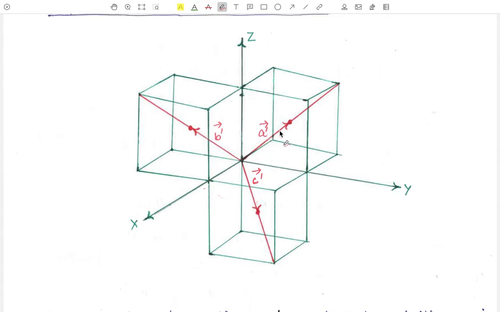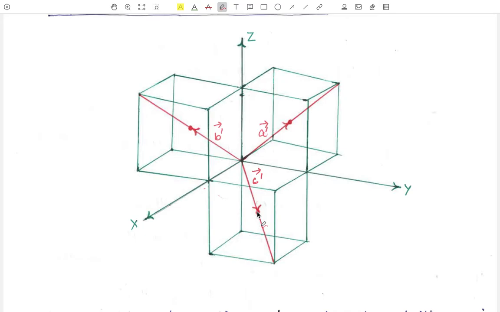Now A dash vector, B dash vector and C dash vector, as is seen in the diagram, are the vectors along the body diagonal of these three cubes. This is our first cube, its body diagonal, and this is our A dash vector up to the body center of the cube. Now this is the second cube. This is its body diagonal, and up to this point this is B dash vector. Similarly, this is our third cube and this is its body diagonal, and up to the body center of the cube, we have defined our vector C dash vector.